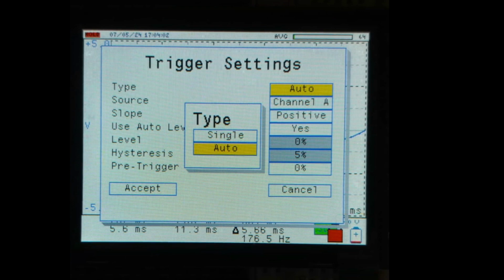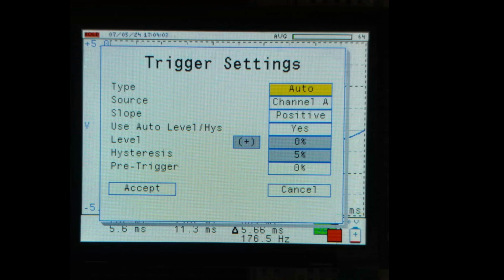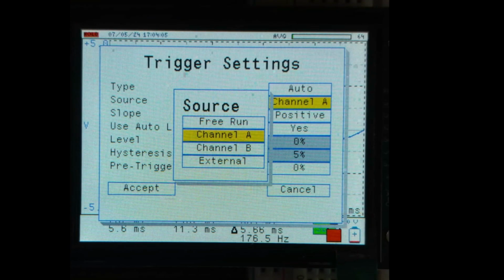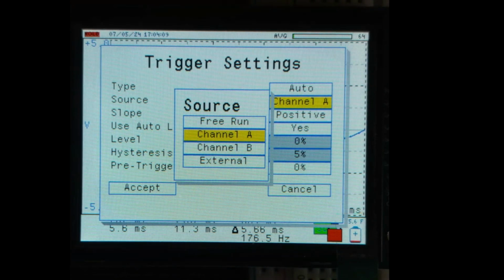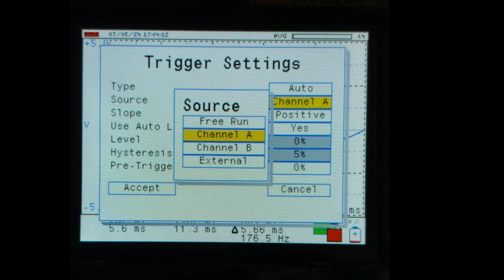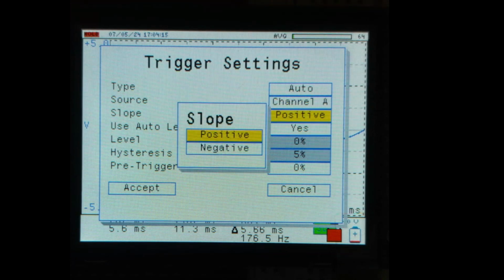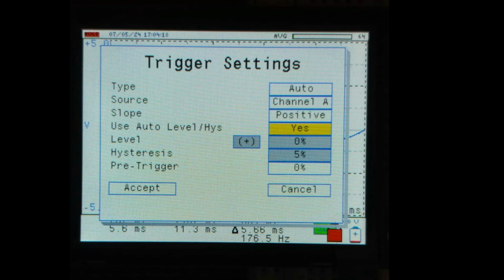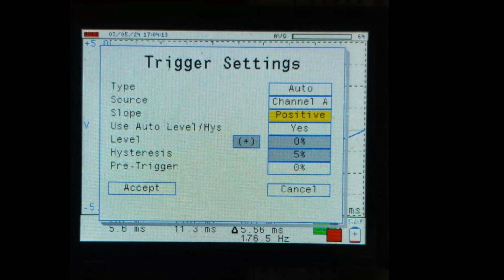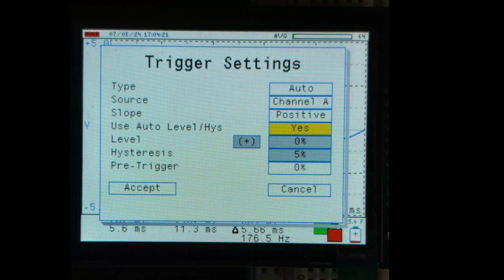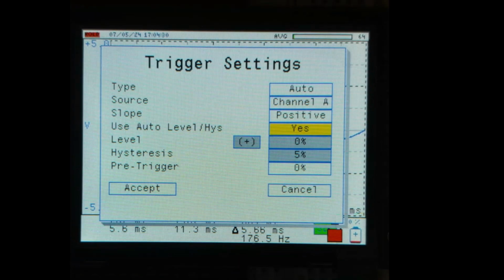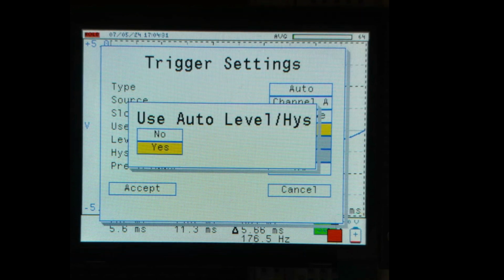And then under trigger source, you can pick free run, meaning no trigger, channel A, channel B, or external. At the moment, I don't have support for external. Trigger slope, positive or negative. This is what I'd recommend. You can use auto level hysteresis. So I look at the waveforms that I'm collecting and figure out what an appropriate threshold and hysteresis would be. If you don't want that, then you can pick no,